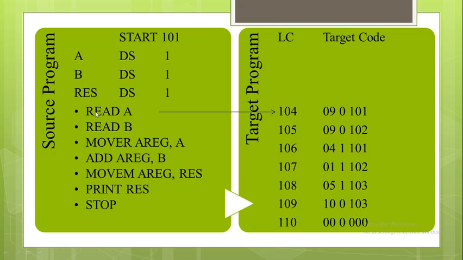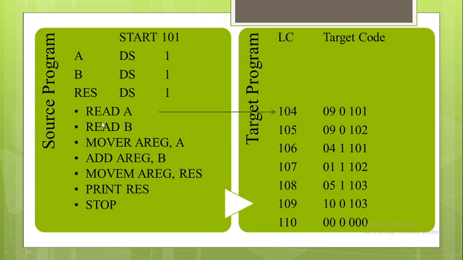Now the next part consists of the instruction READ A. The READ A instruction is validated by the analysis phase and given to the synthesis phase, which is going to synthesize the instruction. The synthesis phase is going to construct the machine instruction, that is 090 and 101. Here the location counter is 104.